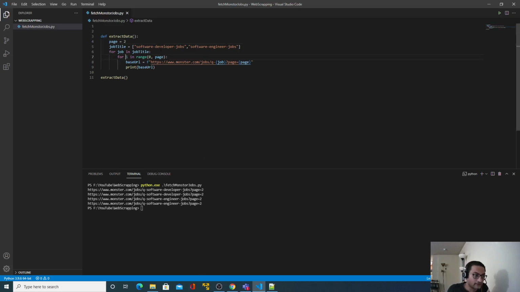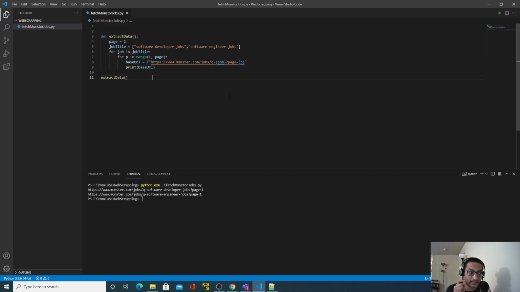Okay, there is a mistake I made. Instead of page, I need to use p. Perfect. And I should not start with 0 now. Perfect. 1 and 2, 1 and 2. But we are not interested in downloading two pages as yet. We'll start with one only. So I will change this to 2. Perfect. So these are two different URLs, and page 1. So we have formulated the base URL so far.